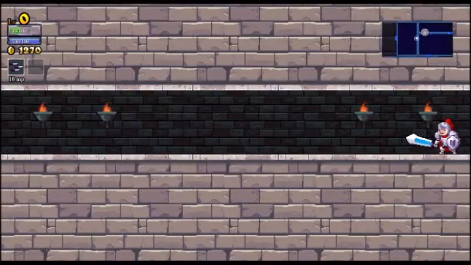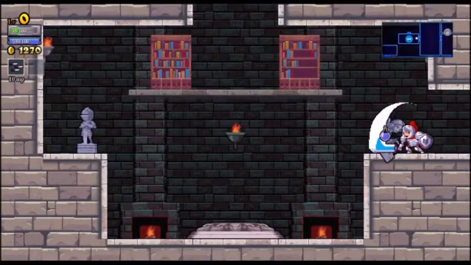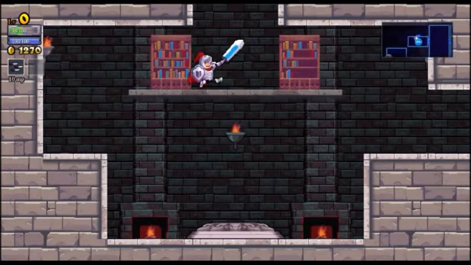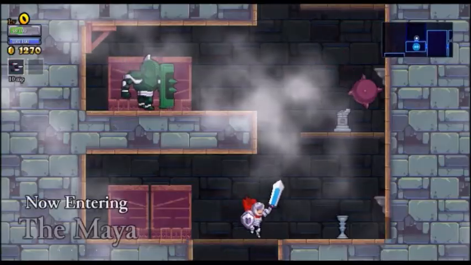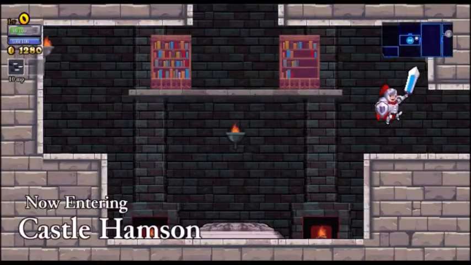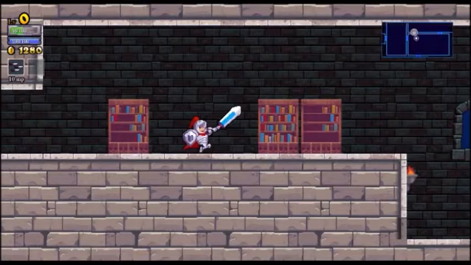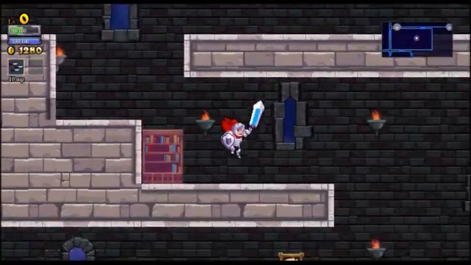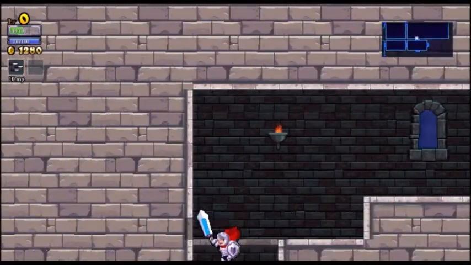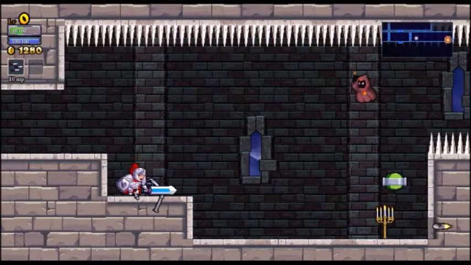But I have actually beaten this game. There is a New Game Plus. I should add that, but I have beaten the main story. New Game Plus is just the same thing, harder. Oh, okay, never mind. That is a new area called the Maya. Usually my strategy is if I find a new area, if the room doesn't look too hard, I'll try and beat it so that I can...